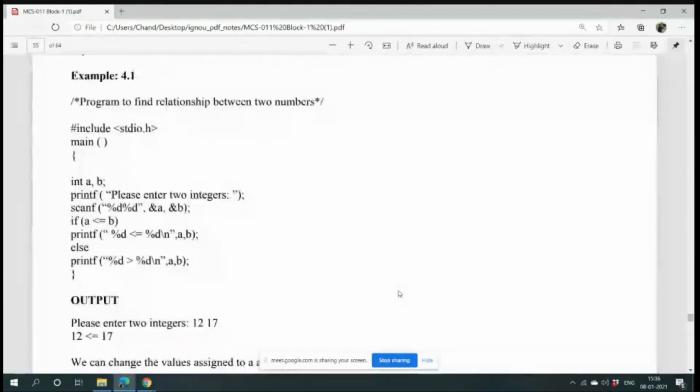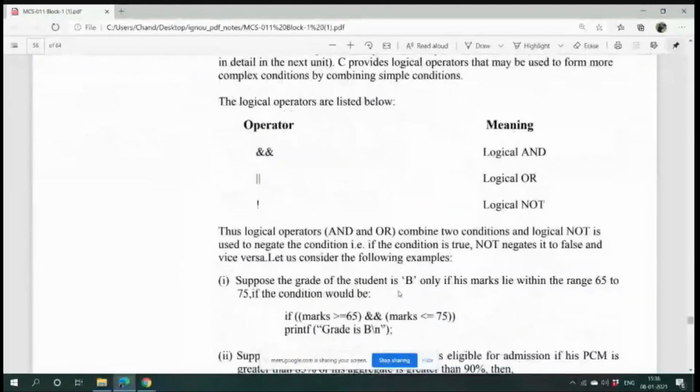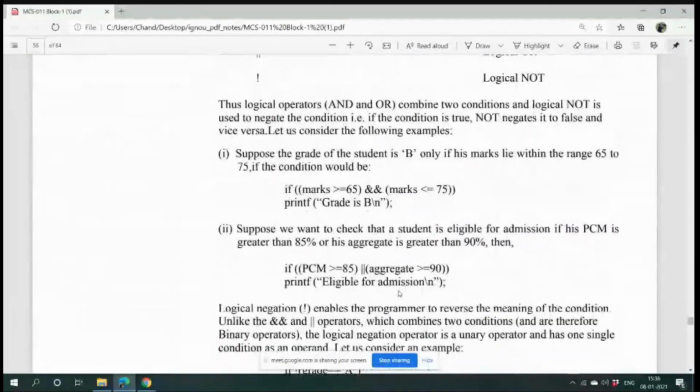And some logical operators, logical and, logical or, logical not. See, suppose the grade of the student is B only if his marks lie within the range of 65 to 75. So it can be written by this logical conditional operator, because I told you that this will only be true if both conditions are true.